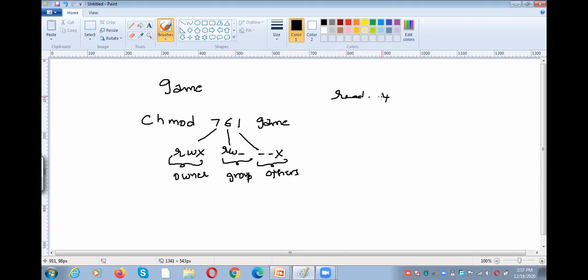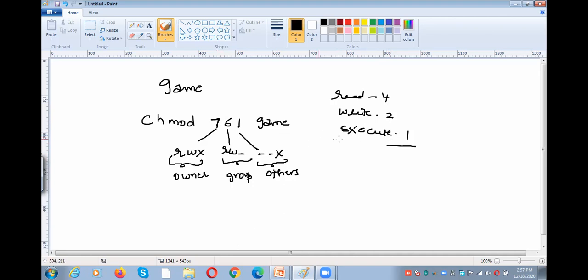For read operation the value is 4, and for the write operation the value is 2, and for execute operation the value is 1. So I want to give all the permissions to the owner. So 4 plus 2 plus 1 is 7.